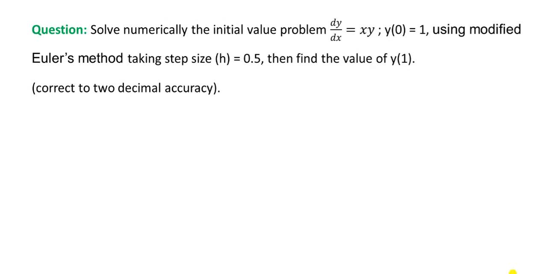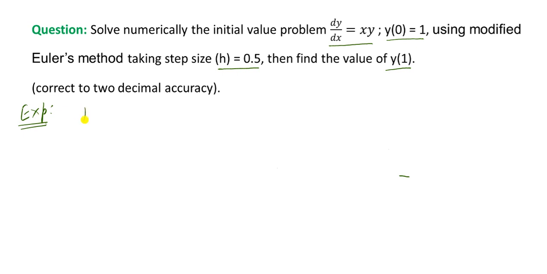The problem is: solve numerically the initial value problem dy by dx is equal to xy with the condition y of 0 is equal to 1, using the modified Euler's method, taking the step size h is equal to 0.5. Then find the value of y at x is equal to 1 correct to 2 decimal places. So the explanation of this problem is,